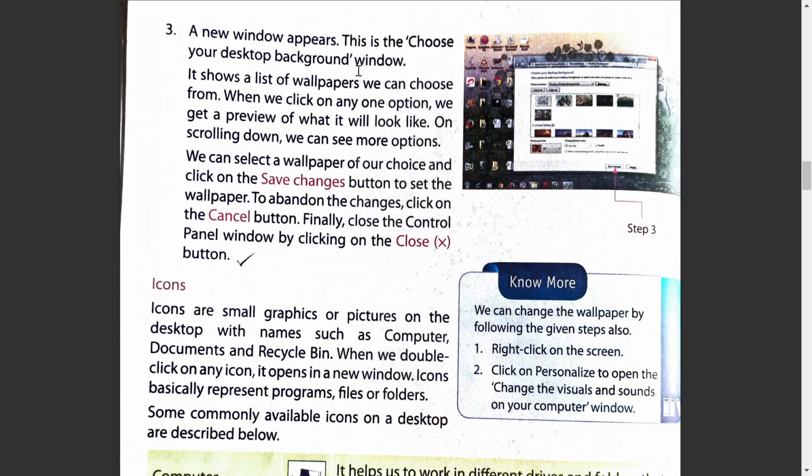This is the choose your desktop background window. Now suppose you want to change a picture on your mobile. What you do, you go to gallery and from there you select any picture. There are lots of pictures that appear, and then from there you select one. Similarly over here, as soon as you go to the control panel and there you